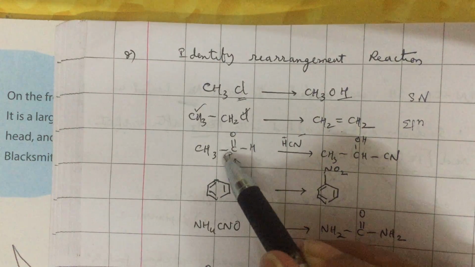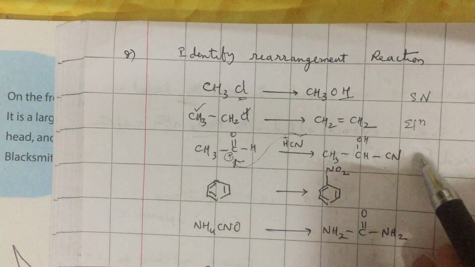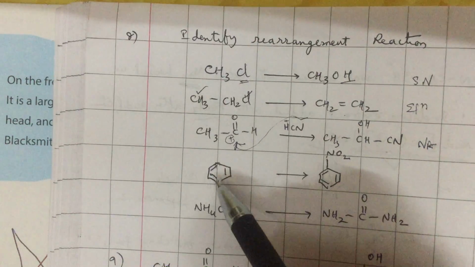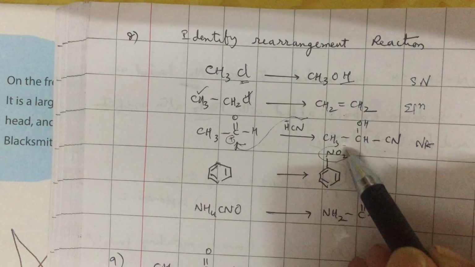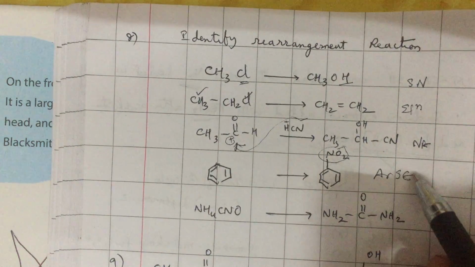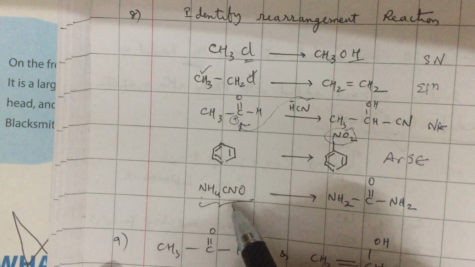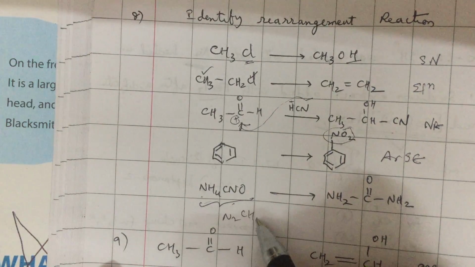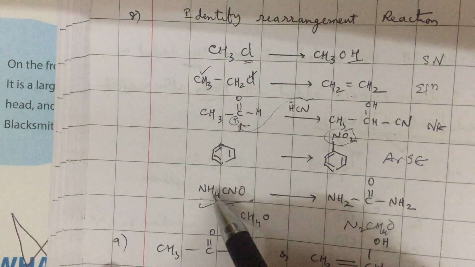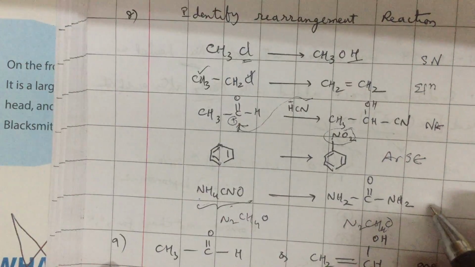Here CH3C double bond OH, aldehyde, is reacting with H plus Cl minus. Here carbon center has plus charge. So it is attacked by nucleophile. Later on O is attacked by H plus. It is called nucleophilic addition reaction. It is not rearrangement. In the reactions of benzene, the H plus is replaced by NO2 plus. All such reactions of benzene are called aromatic electrophilic substitution reactions. They are not rearrangement. In ammonium cyanate, the formula of the compound on LHS is N2CH4O. Right side also N2CH4O. Same formula, but the pattern in which the atoms are arranged is differing. Hence it is called isomerization reaction or rearrangement reaction.